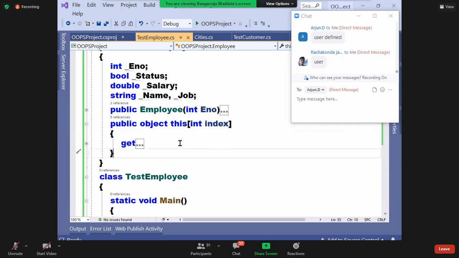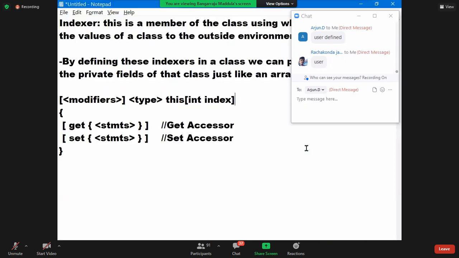A should give employee number, B should give name, C should give salary, D should give job, and E should give status. Or I want to write like this: 1.1, 1.2, 1.3, 1.4, 1.5.